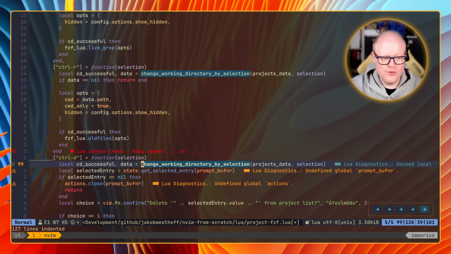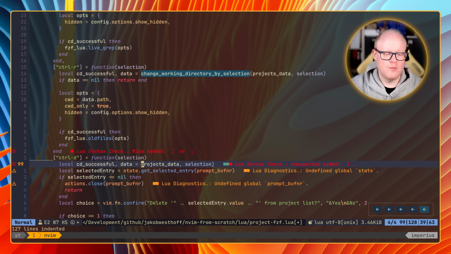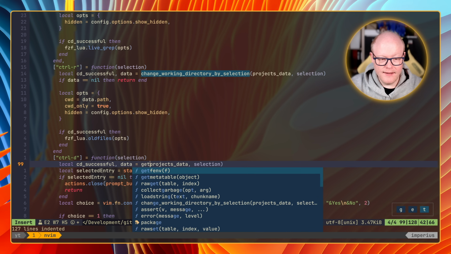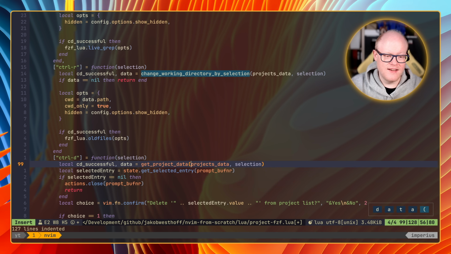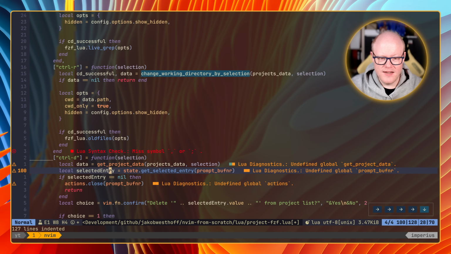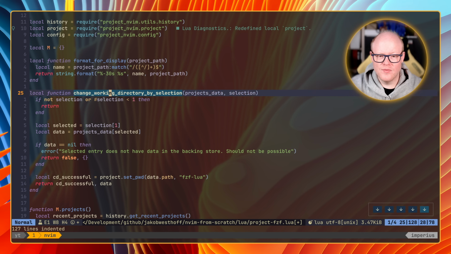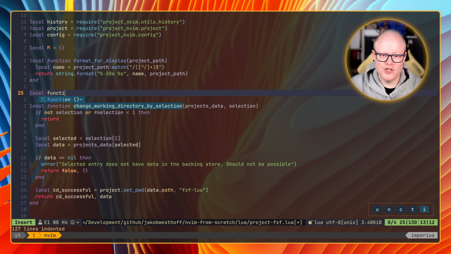So what we need to do is have something like, or we could just take that from... yeah, but then we wouldn't have the checking there, would we? So I think we want something like get project data for the selection, and this should actually give us data then. Let's quickly implement that so that we have a local function here which does get project data for projects data